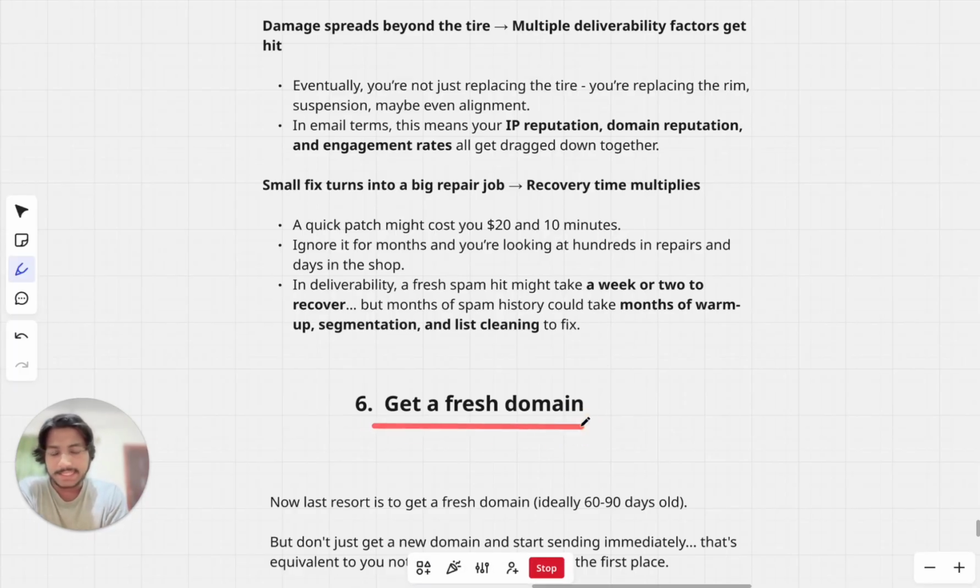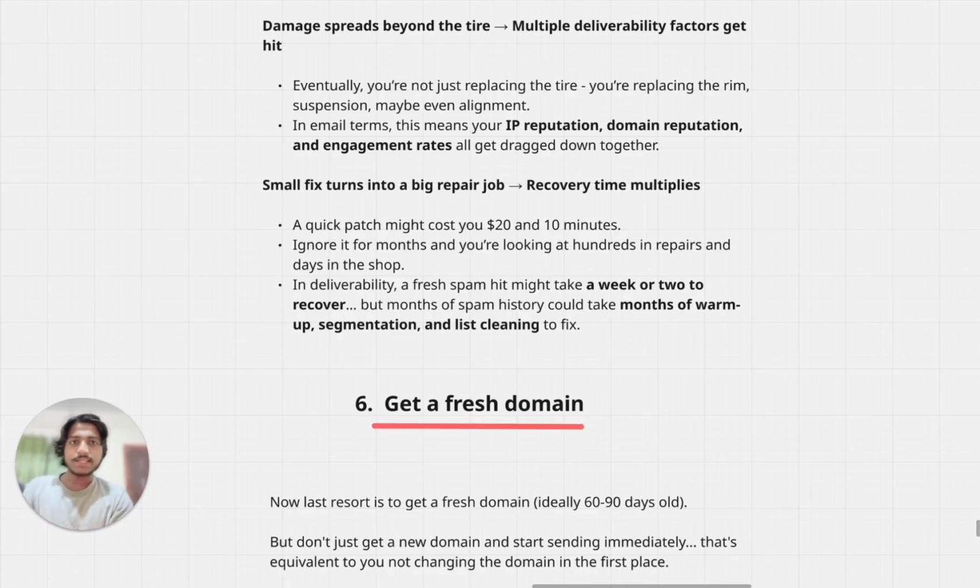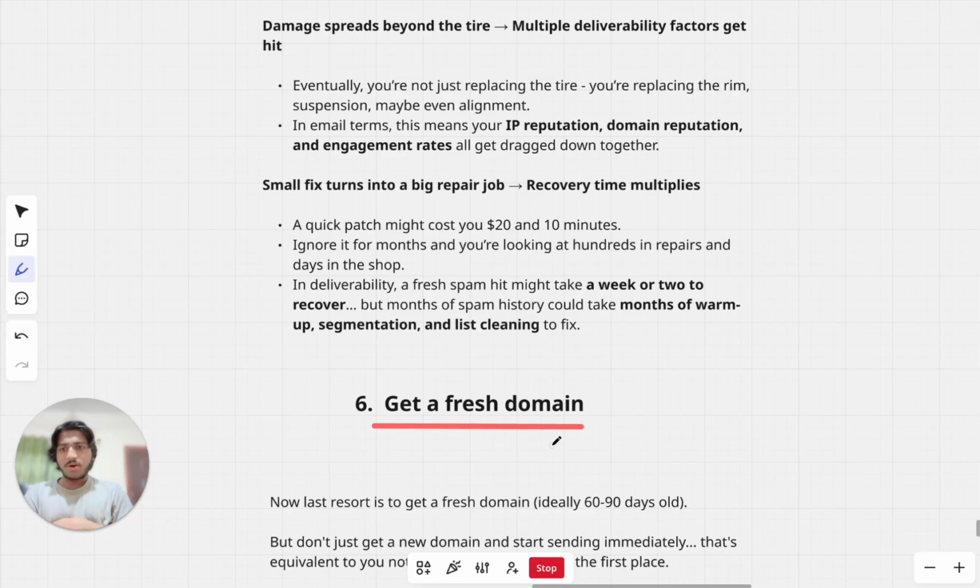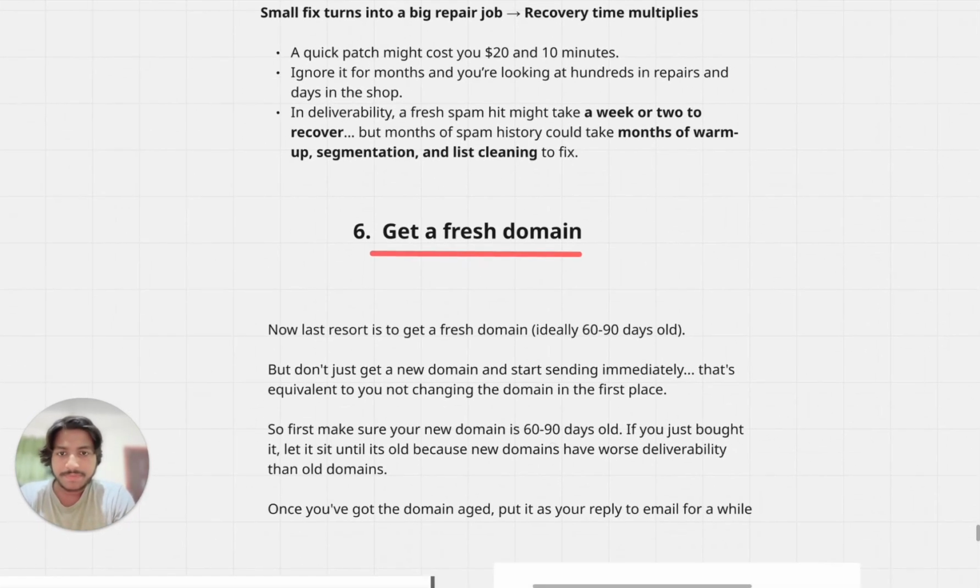But if you've been landing in spam or promo for months straight, then you've been hurting your overall reputation for so long that it basically makes your domain kind of useless for sending email, unless you can do a very long six-month warm-up, right? So now, the last resort if you're still landing in spam after all these five steps is